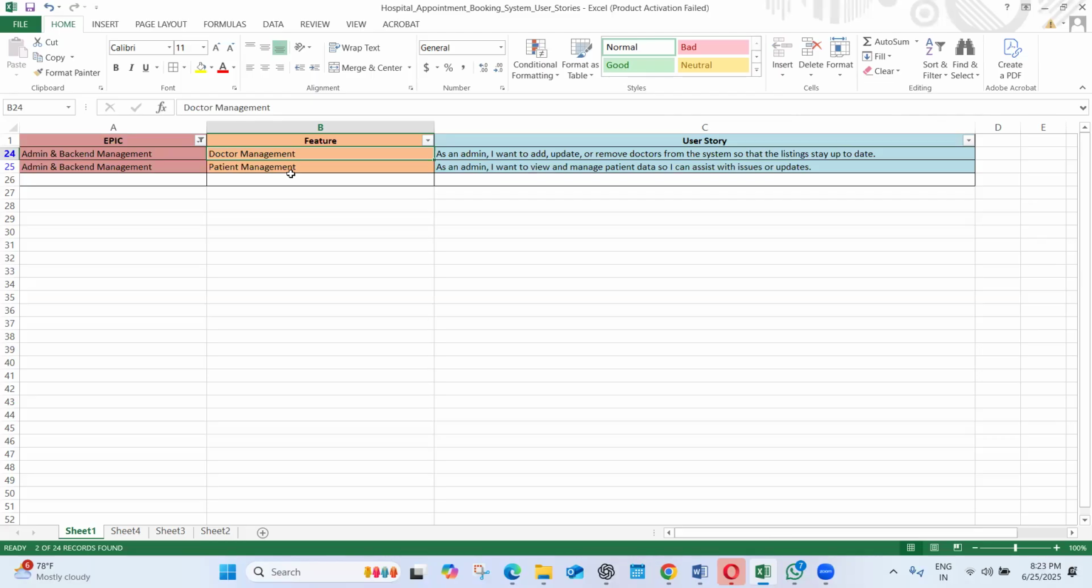In doctor management, we need to maintain the information of the doctors, like whether this particular doctor is a senior or a junior doctor, or in what areas he is proficient, or his proficiency, and then his total years, and then his charges, like how much amount he is going to charge on certain specific problems. All this information we need to capture, and this will come under doctor management. So as an admin, I want to add, update, or remove doctors from the system so that the listings stay up to date,